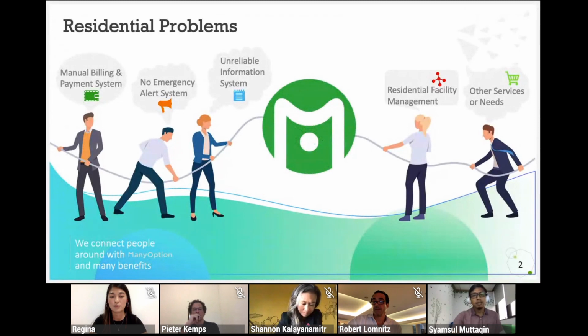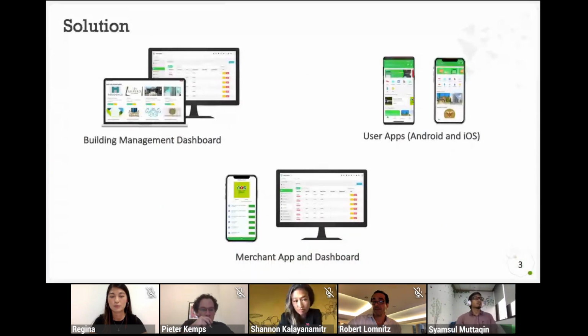So here is our solution. We create a platform that connects all the apartment and urban resident stakeholders. For the building management, we create a web application dashboard, where they can manage all of their apartment needs.